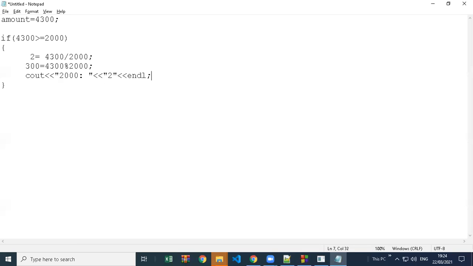So this has happened in the first iteration. We got 4,300 from the user, and because it was greater than 2000, we divided it. We got the total number of notes 2 and the remaining amount is 300, which will carry forward to the next iteration. So for the 2000 note, how many notes are there? 2 notes. So this is what we got from this code.